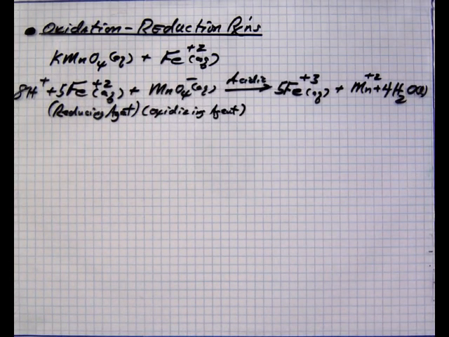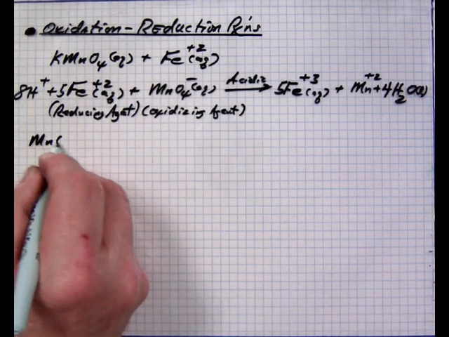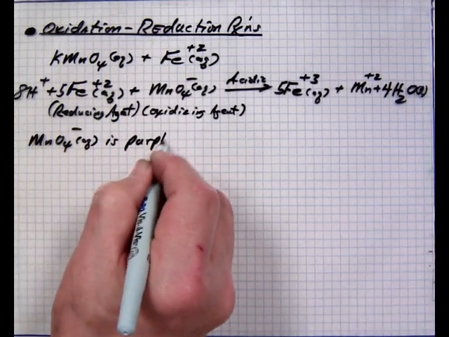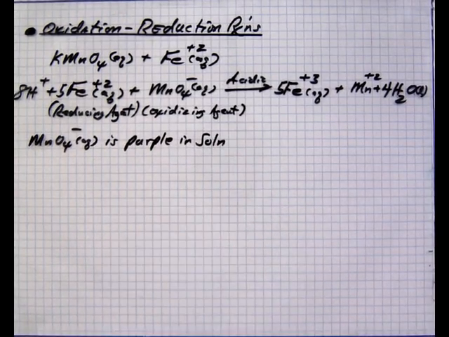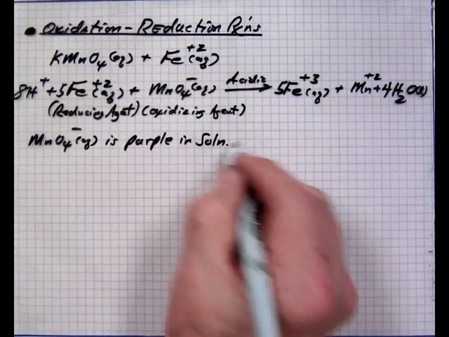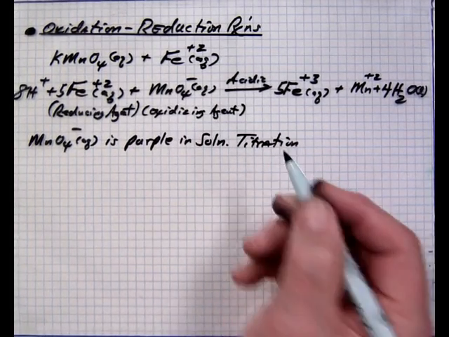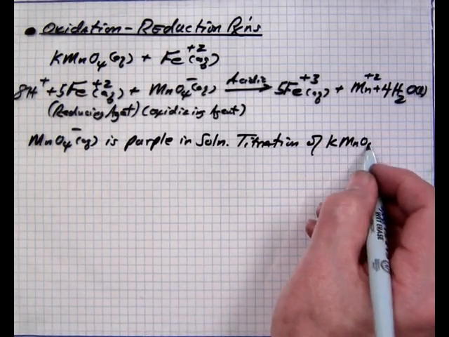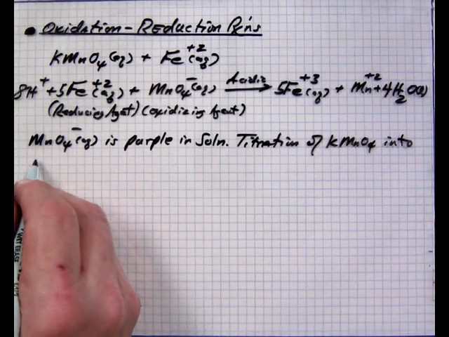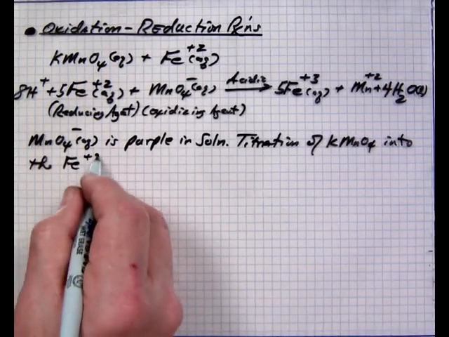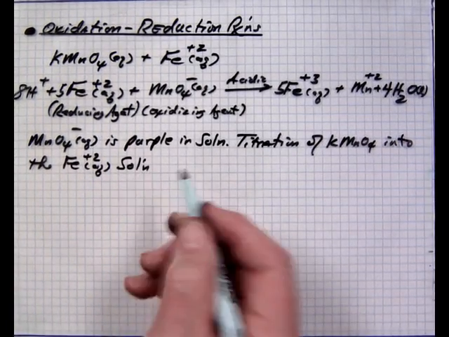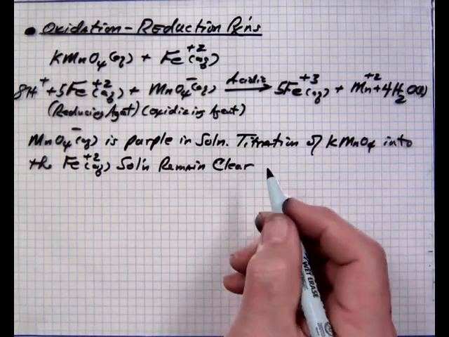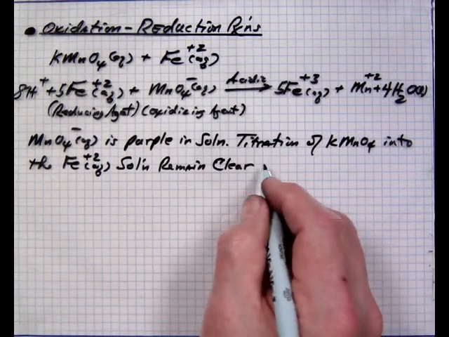Now, what you need to understand is that MnO4 minus aqueous ion is purple in solution, and the titration of, say, potassium permanganate into the Fe+2 aqueous solution remains clear, uncolored, clear, has no color, remains clear until